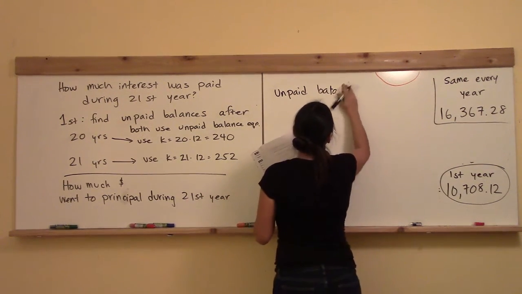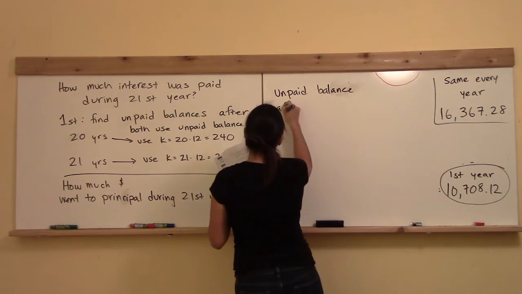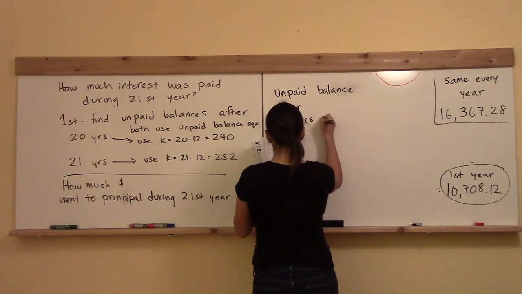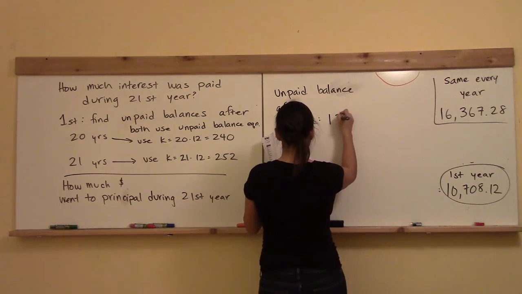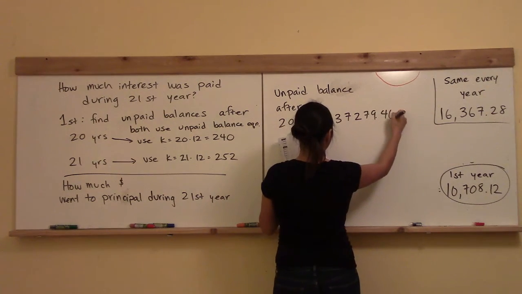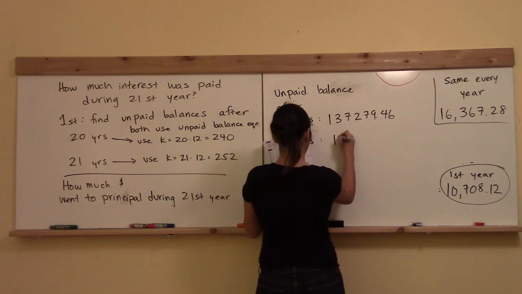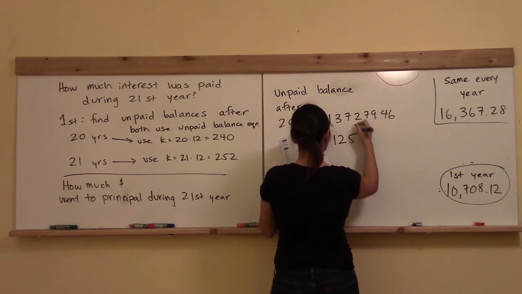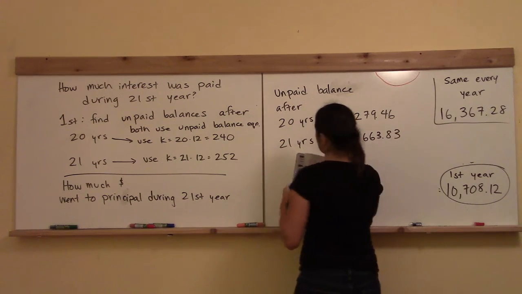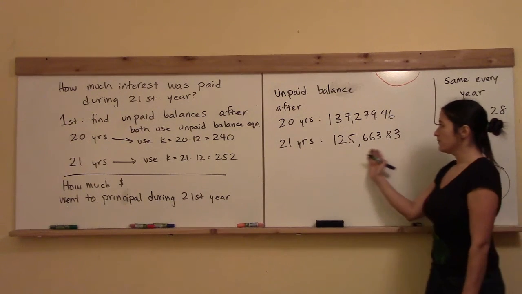Alright, so the first value you should get for unpaid balance after 20 years is $137,279.46. And then after 21 years, we would expect that to go down a little bit, and it does: $125,663.83. Okay, so go ahead and make sure that you can get those values,